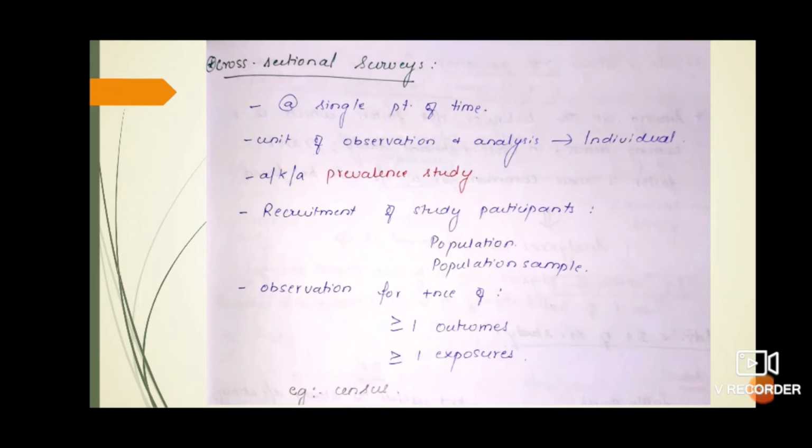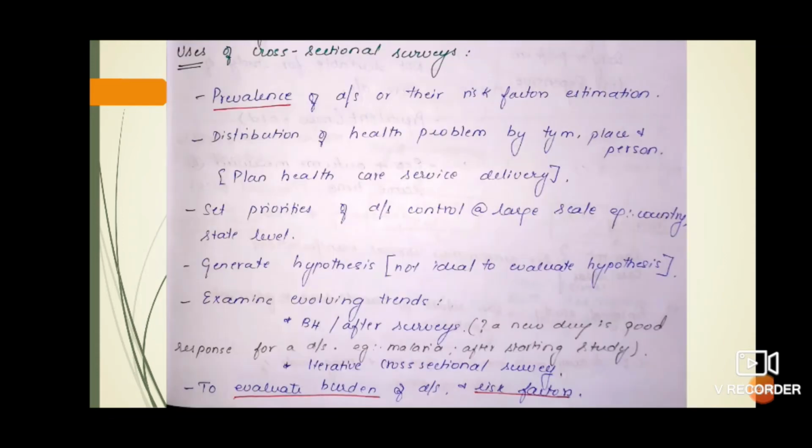So it comes under both case control and cohort study designs, which we will see later. An example of such a cross-sectional study is the census. And uses of cross-sectional studies are, as we know earlier, that it is used to find out the prevalence of a disease or risk factor estimation, and it helps to study the distribution of health problems by time, place, and person, and hence it helps us to plan health care service